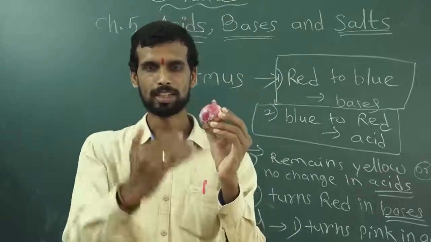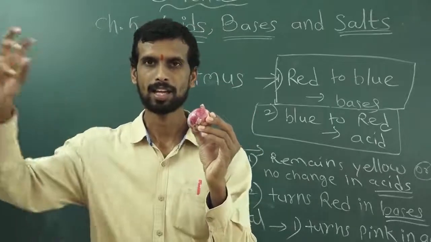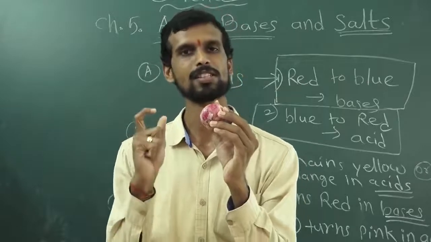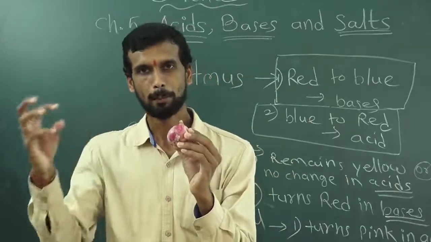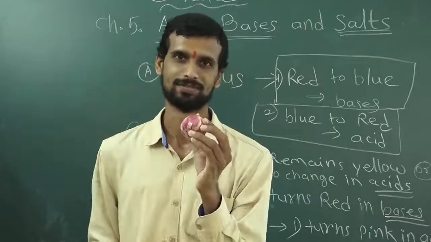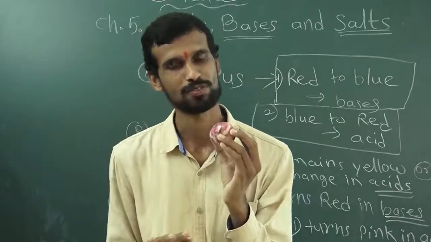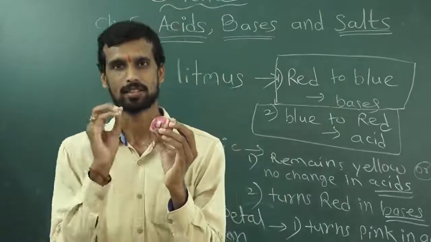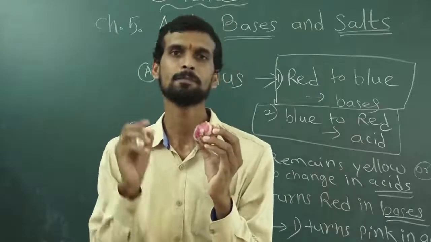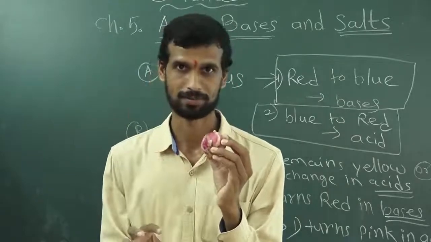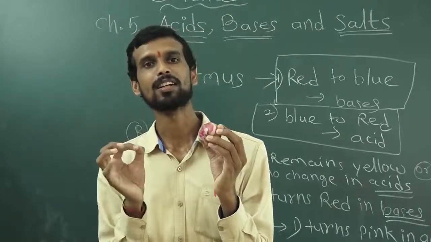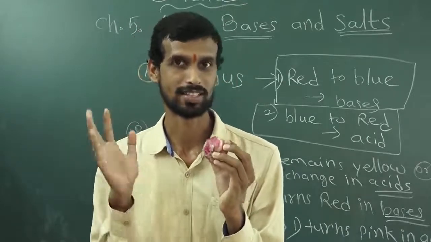How? Cut into pieces, and that unknown substance, the substance which you want to test whether that substance is acidic or basic, make the solution of that substance, put on onion. If the smell stops, what does it mean? If the smell stops, it means that substance is most probably basic. It's basic in nature. If the smell continues, then you can say that substance is acidic.